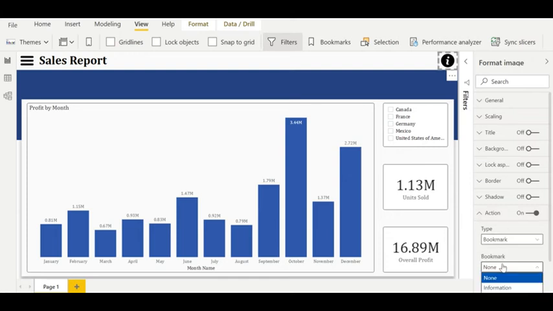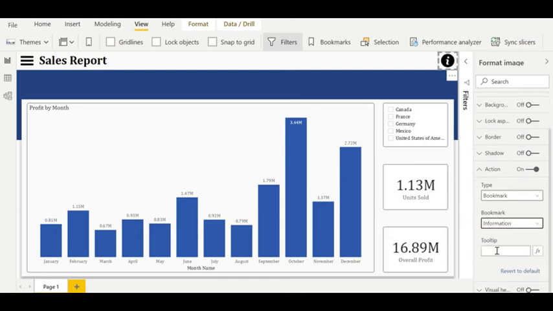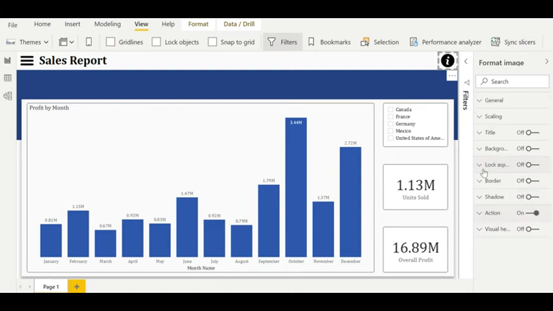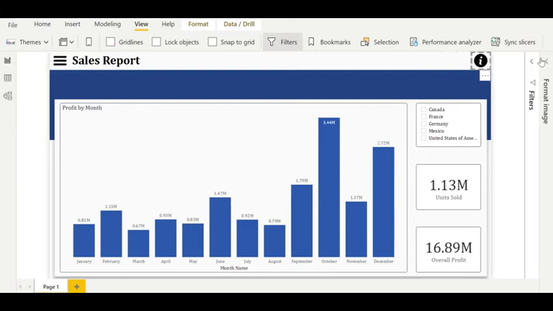I will go to bookmarks, choose information, and write here, click here for page info. One more thing: after clicking here, the end user will get the notification saying the page information. If they want to get back to the normal state,